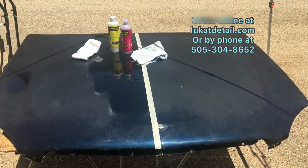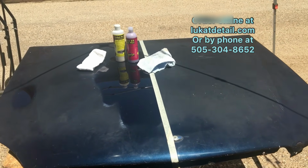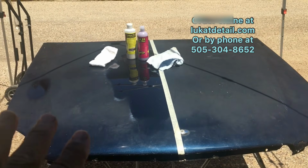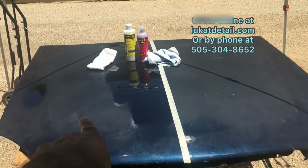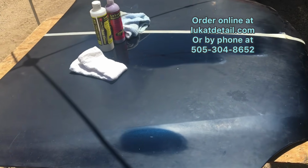Hey guys, this is Rob with Lukat Detail, and this is an oxidized clear coat hood panel. Okay, you can tell it's all hazy, looks shiny right there. Give you guys some different angles if you look at it. Now here's the thing,